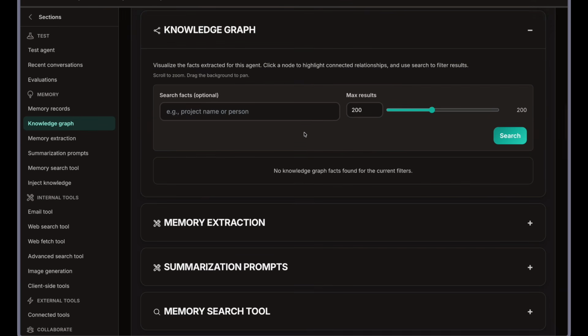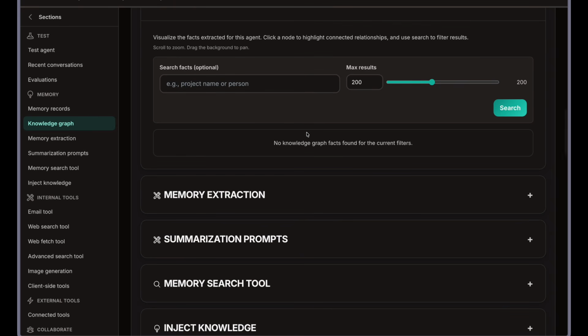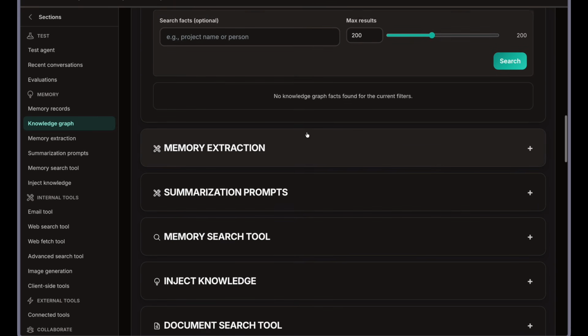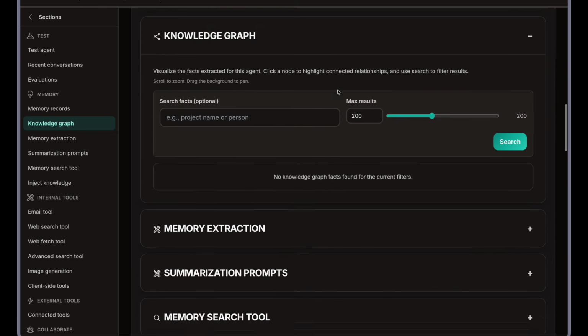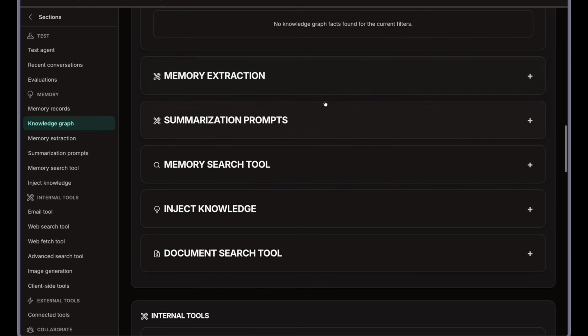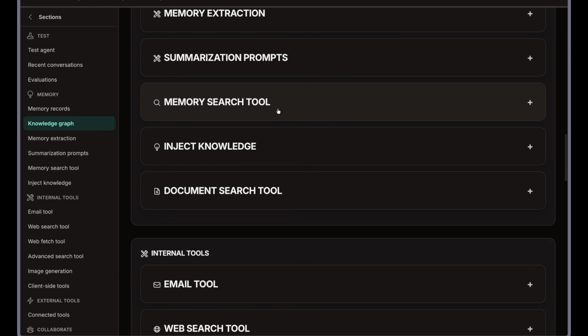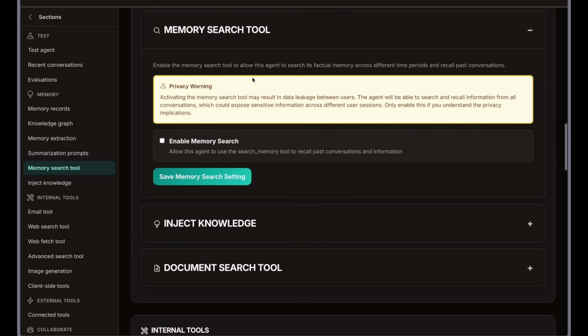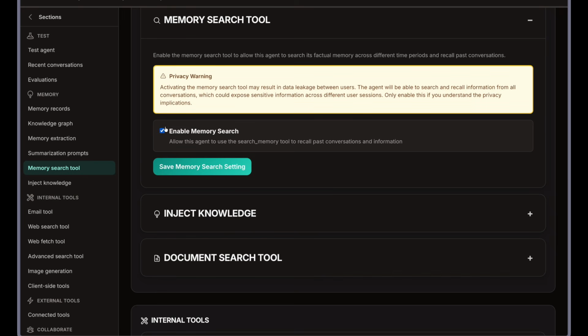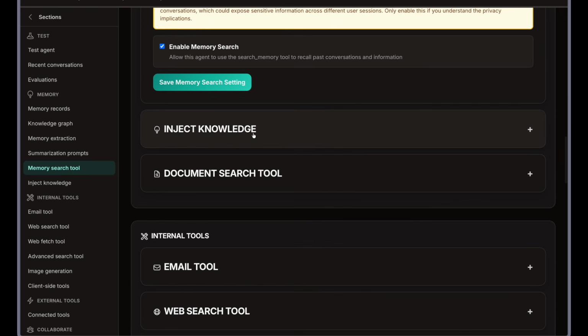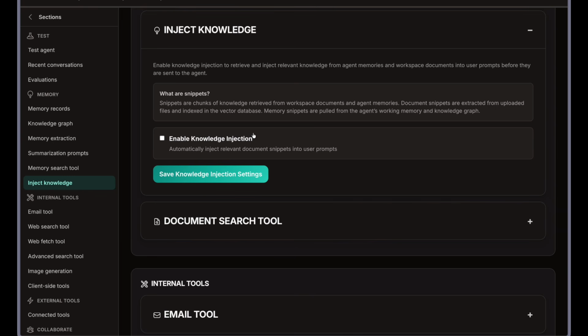It's not already populated for this agent, but you can augment the agent's knowledge using the memory extraction tool. And you can also then expose a memory search tool for your agent to inquire about these memories, these more recent memories. If you don't want the agent to use the tool, you can also automatically inject the knowledge. If you enable knowledge injection,